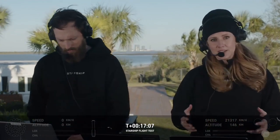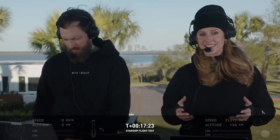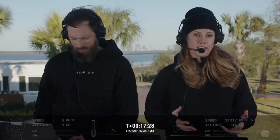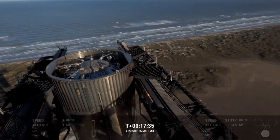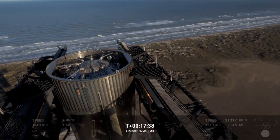But this was a new version of the ship, of Starship, and it was intentionally designed and flown in order to basically test the envelope, as we have done with every one of these test flights, the keyword there being test, and really trying to understand the boundaries and the maximums for the ability of this vehicle to fly, and understand where those boundaries are. So we always knew that excitement is guaranteed today. Success